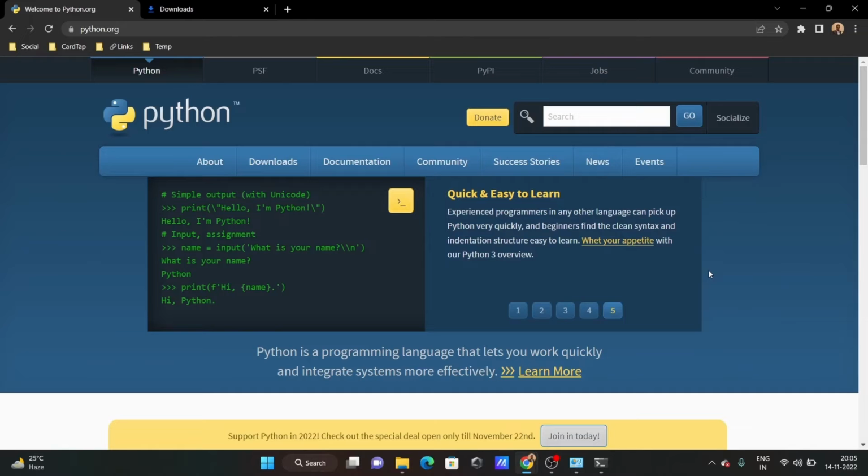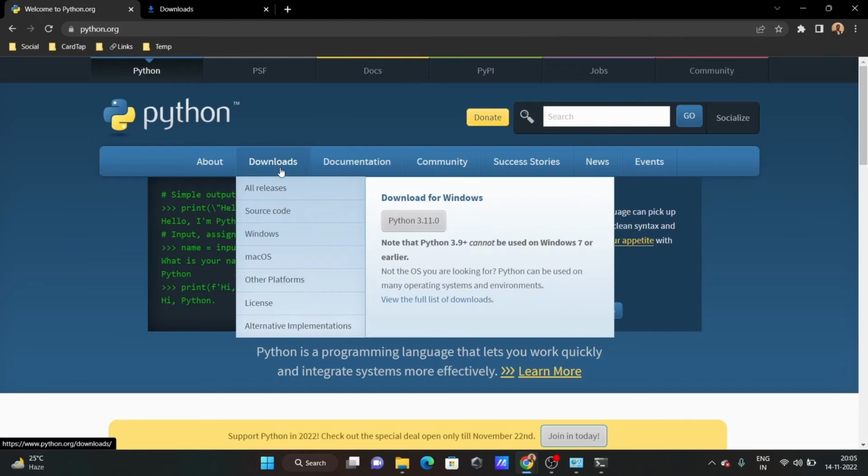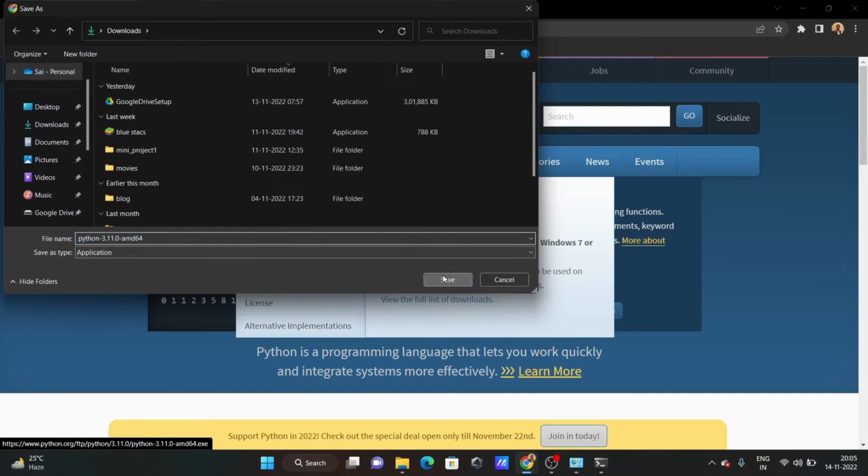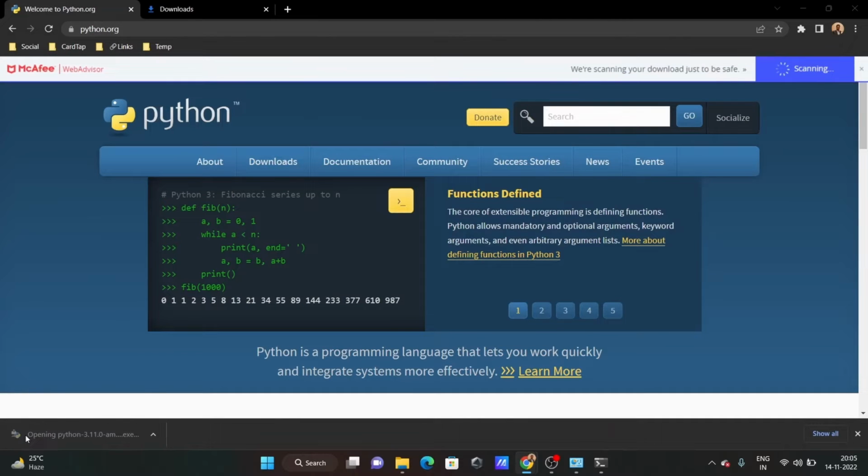Let's see how to install Python. Installing Python is very straightforward. Just go to python.org website, then go to download section, select the appropriate version. Suppose if you are on Windows, go to Windows and just download the installer. Once you download it, just open it